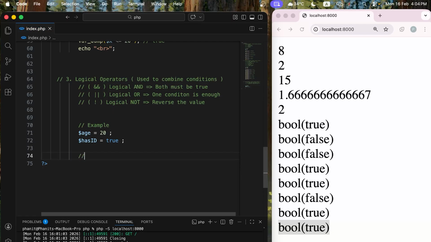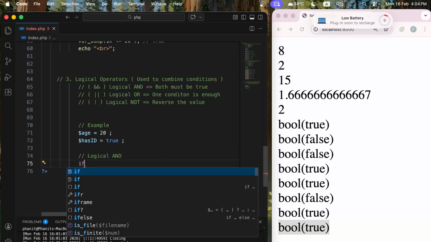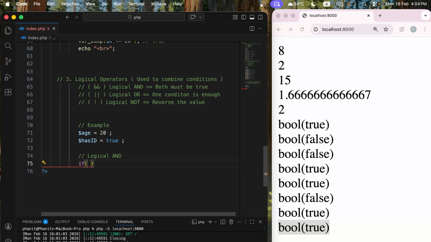Then I need to compare. This is logical and. So I'm gonna say if age greater than or equal to 18 and hasId,